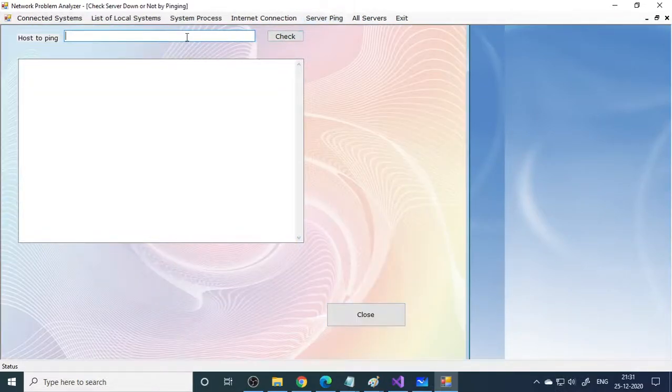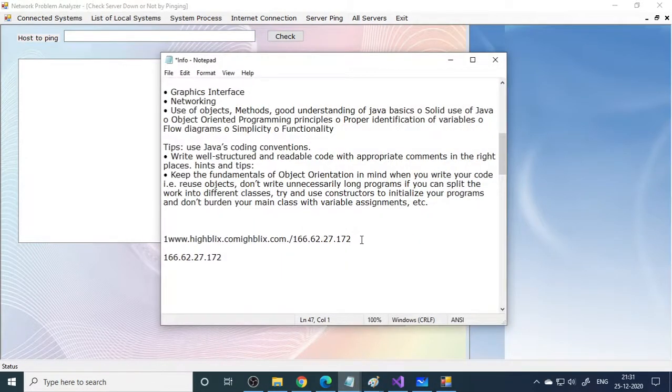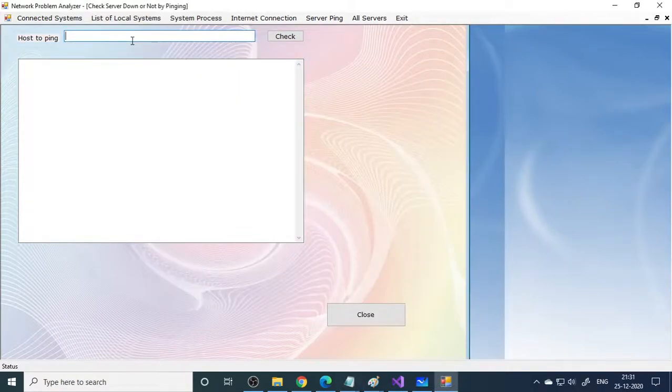Then server ping. You can ping the server here. For example, I'll take this IP address. Check.